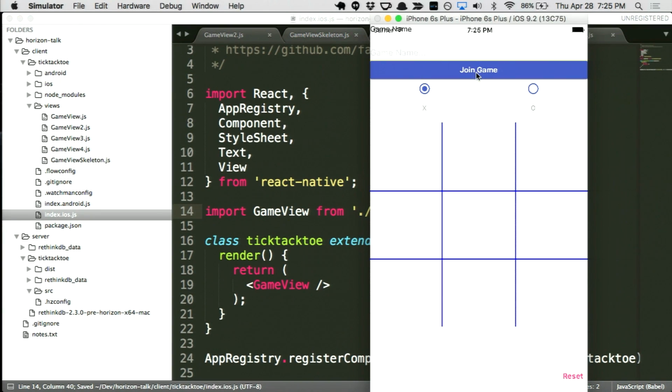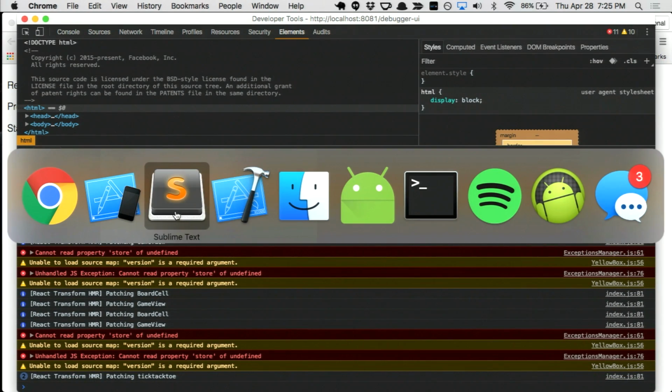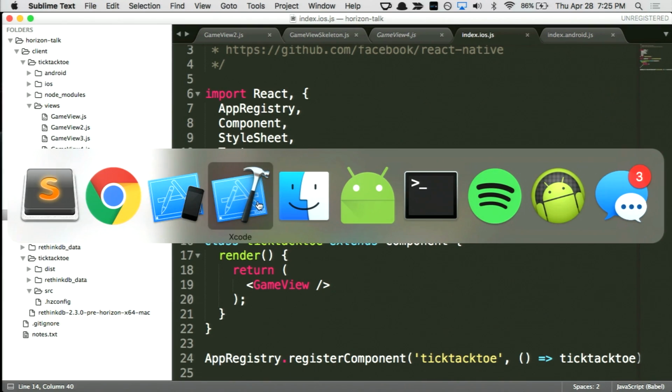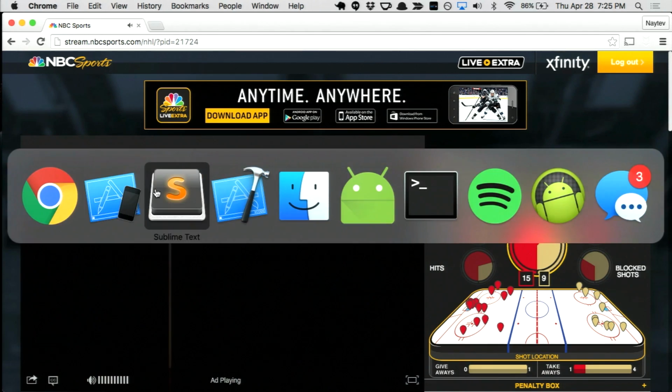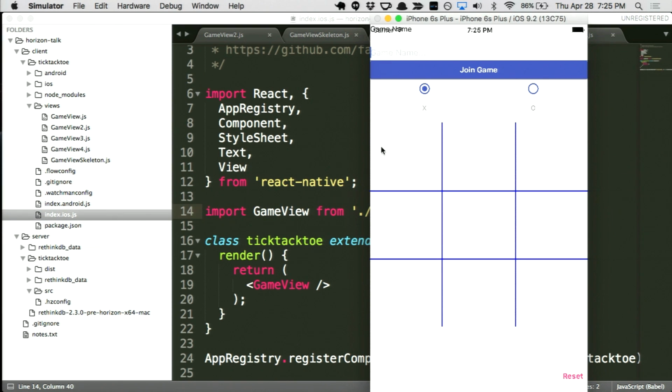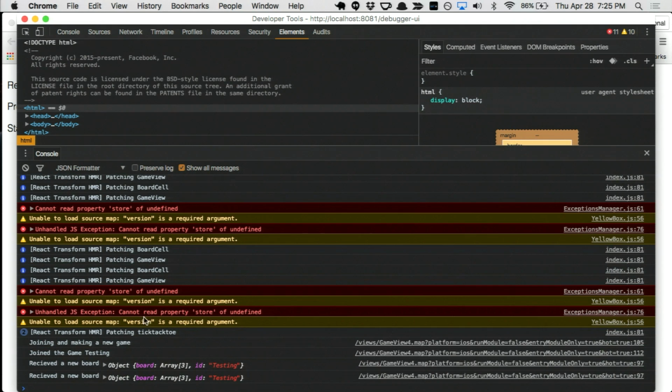So at this point, we're going to go back to our debugger here. Ooh, that's hockey. All right. So when we say testing here and join the game, you will see that we both make the new game here, we join the game testing,